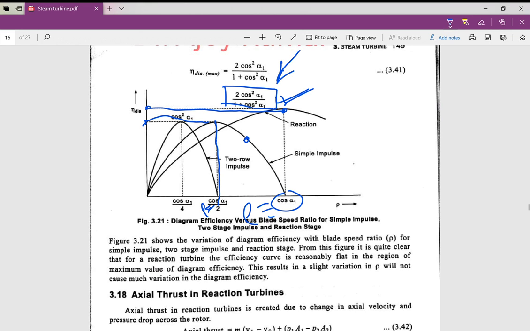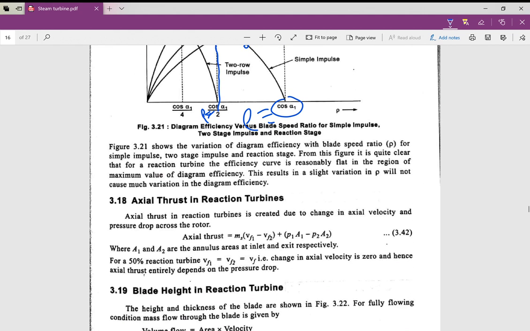The reason is that in simple impulse turbine we saw enthalpy drop takes place in the nozzle only, whereas in reaction turbine enthalpy drop takes place in both the fixed blade or guide blade, and the moving blade, due to the decreasing passage area between two consecutive blades. So dear students, must remember reaction turbines are more efficient.